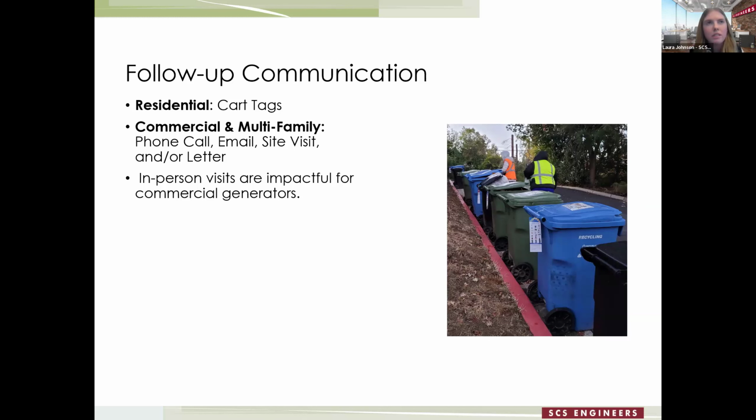And this past year was the first time we decided to move forward with in-person site visits to follow up for commercial and multifamily, and those were really impactful. A lot of people just wanted to have a space to have a conversation about their specific materials. A lot of times they're asking, is this supposed to go here versus there? You could just tell a light bulb was clicking, and it felt like we were actually connecting those dots for people, which was great to see.